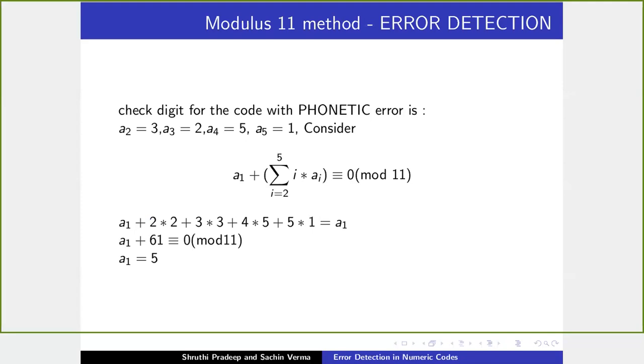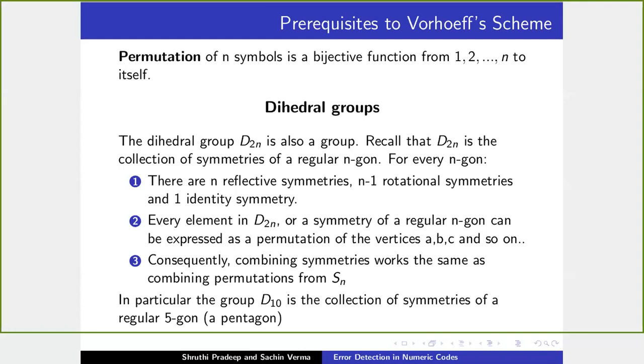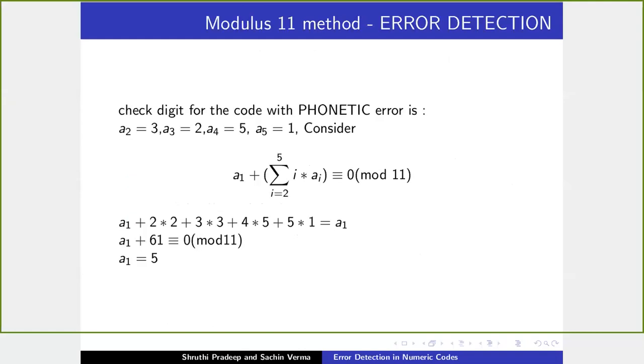So that's all with modulo 11 method. This is used in the International Standard Book Numbering, where your book numbers used to follow this. It does still. I'll just tell you what happens if the code word is more than 10. The position actually gets multiplied. So if it is at the 12th position, it is again 1 which is being multiplied. So you go modulo 11 every time to even multiply the position numbers.